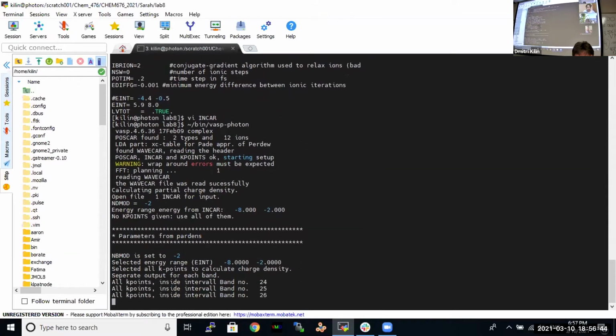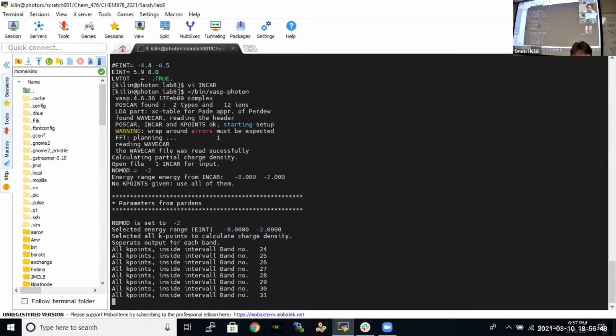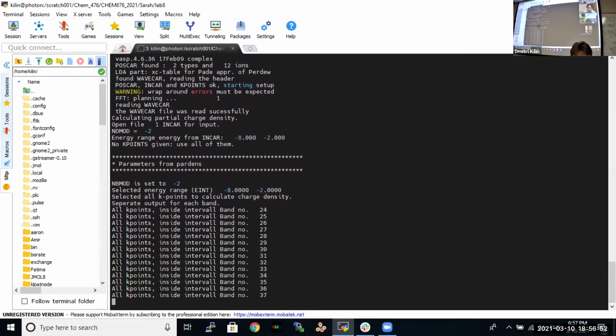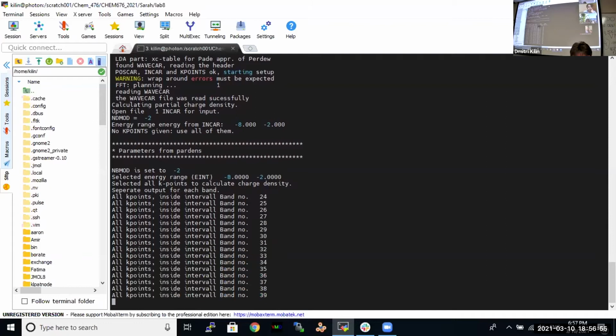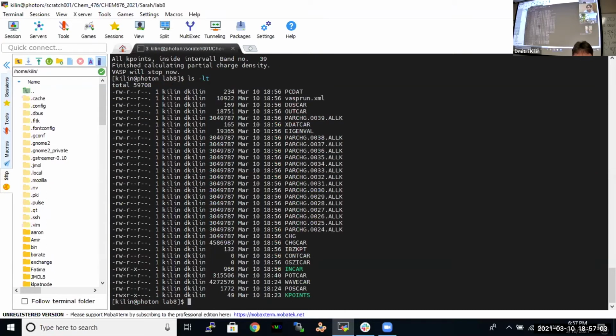So you see it creates band numbers 24, 25, 26. So it creates files for the orbitals. Okay, now type ls -lt. Enter. So you see these PARCHG files. Yes. Okay, now type ~/